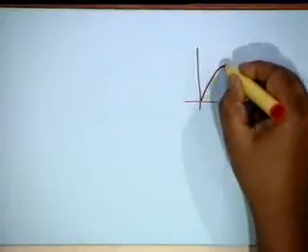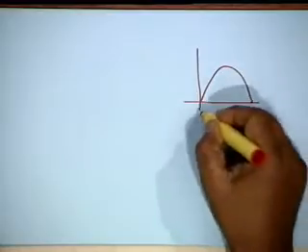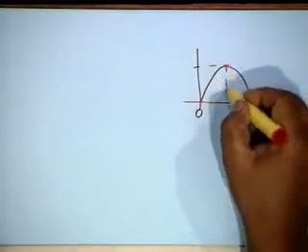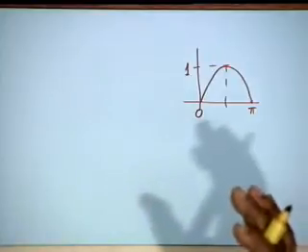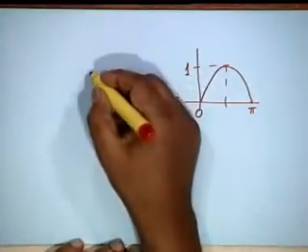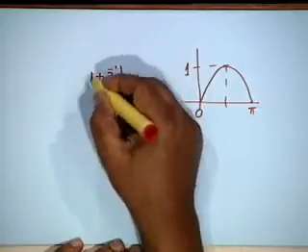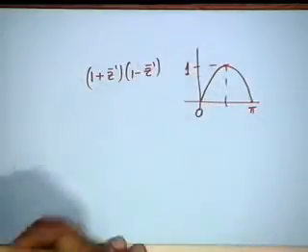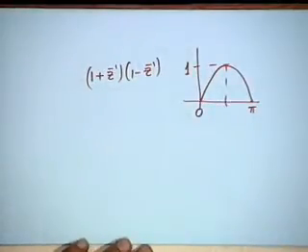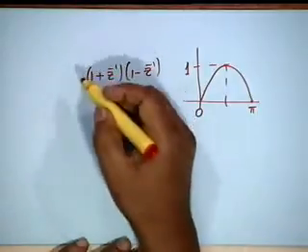Now, the next thing I am asking for is a band pass filter. What I want is a characteristic like this. At pi it should be 0, at 0 it should be 0, and somewhere in between it should be 1. Obviously, one of the very simple things that I can do is to cascade a low pass with a high pass. That is, if I have 1 plus z inverse and 1 minus z inverse, shall I multiply by 1/4 or half? We will see what the multiplication is.